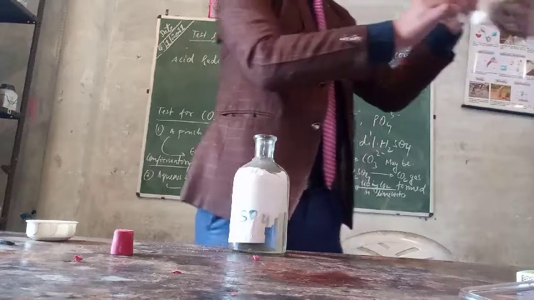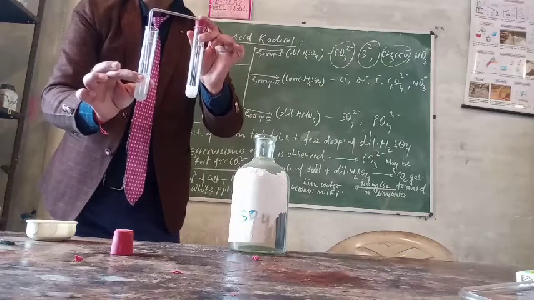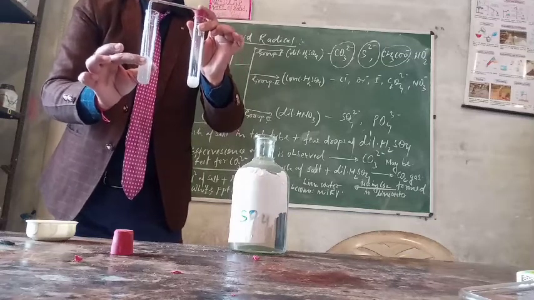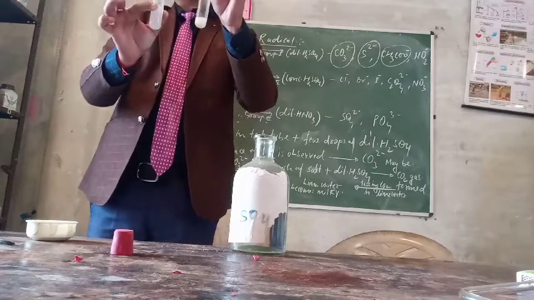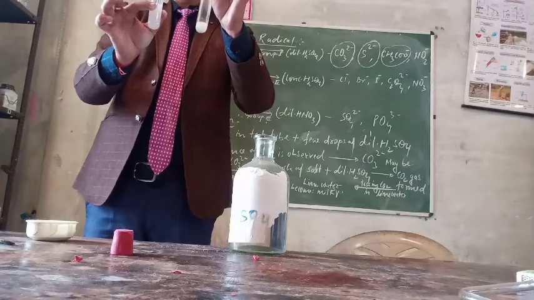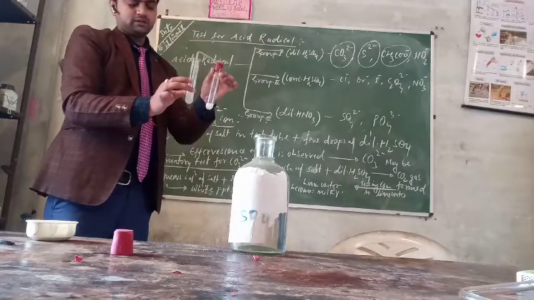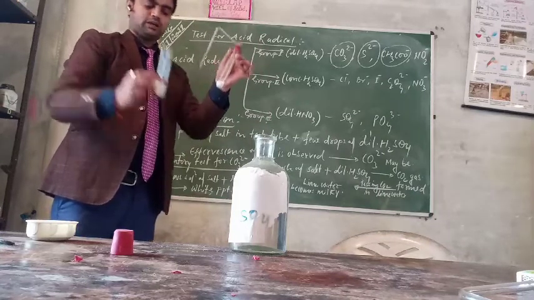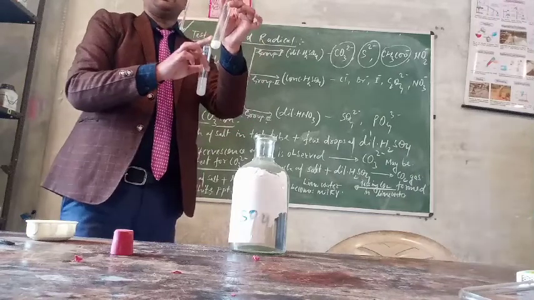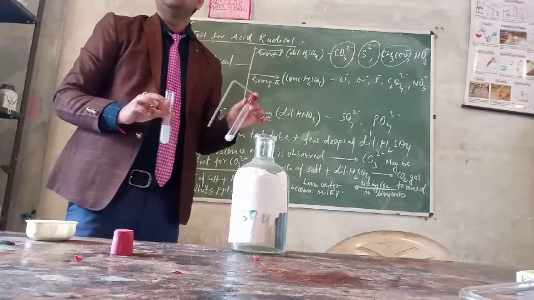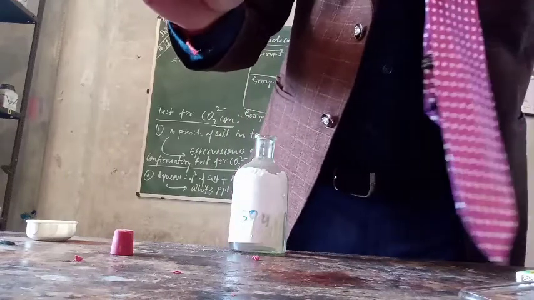You can see this is the carbon dioxide gas. Clear? It is passing into the lime water, and you can see here the lime water becomes milky. Understand? So in this way we can confirm that the salt has carbonate ion. This is the milky lime water, and the salt in which we added the dilute H2SO4. Clear? So this is the first confirmatory test for the presence of the carbonate ion in the